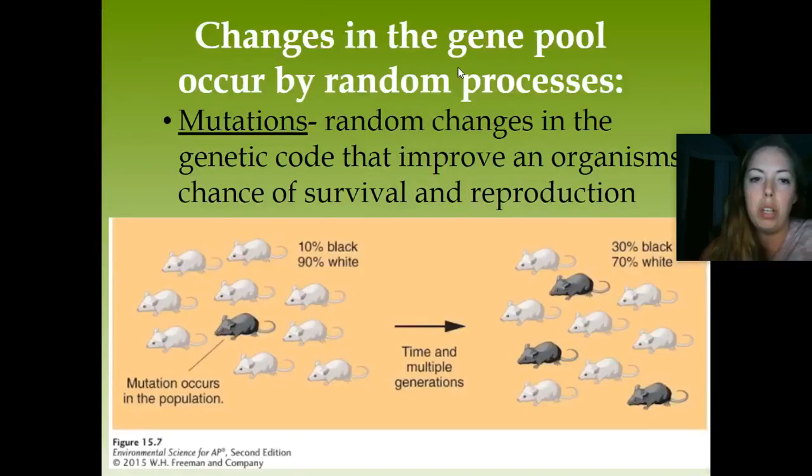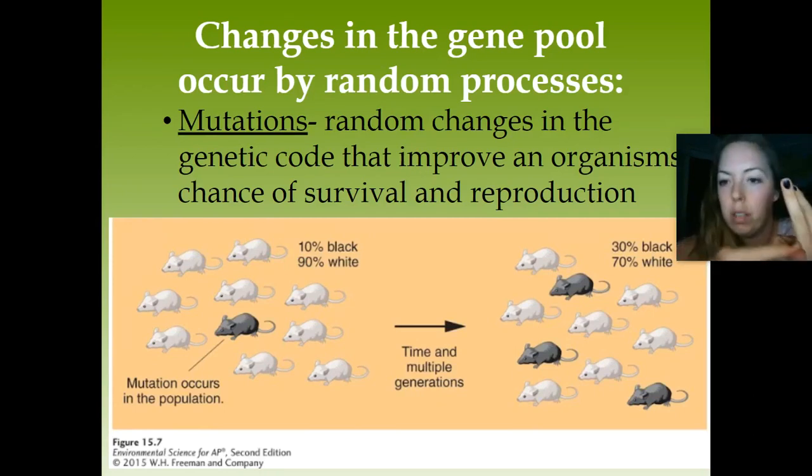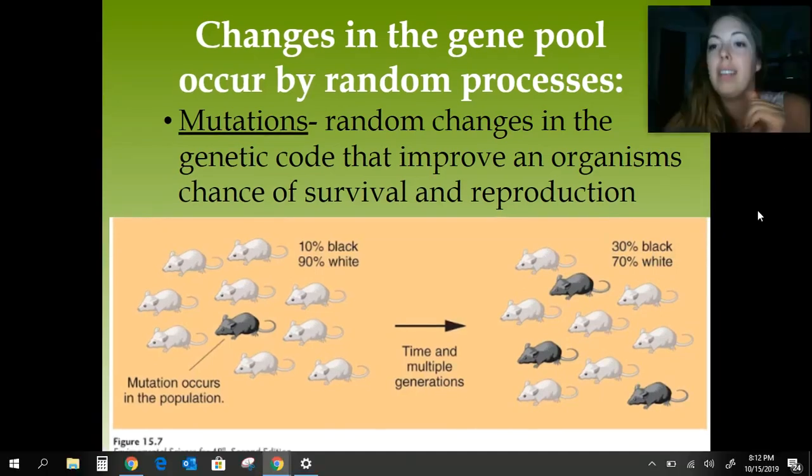Let's talk about mutations. Natural selection is a really important mechanism of evolution, but evolution can also occur by random processes. You've got three main ways: artificial selection, natural selection, and now we're going to talk about the random processes. In these cases, the genetic composition of a population is still changing over time, but the changes aren't related to the differences in fitness among the individuals. They're random processes. So we're going to talk about mutation, genetic drift, the bottleneck effect, and then something called